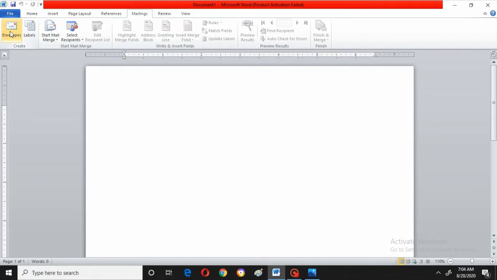Mail merge is used to send letters or mails to thousands of people simultaneously, at a time. All the mails will be sent to hundreds of people. So mostly mail merge is used for messages, like one message sent to thousands or hundreds of people.